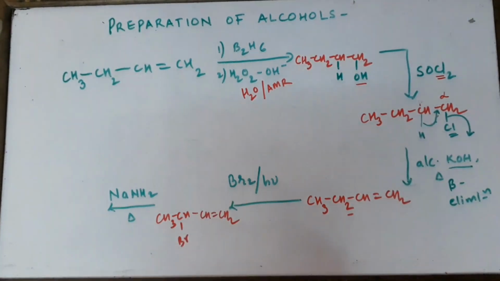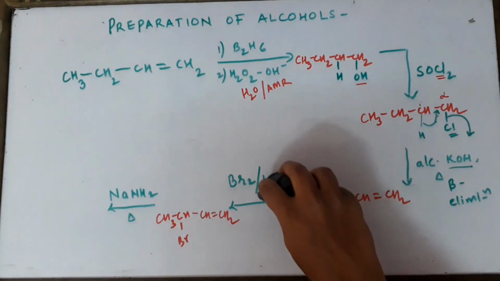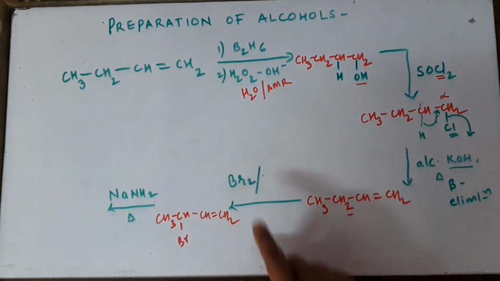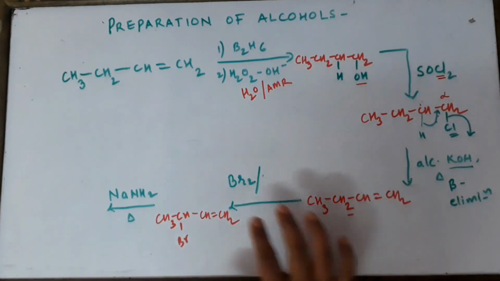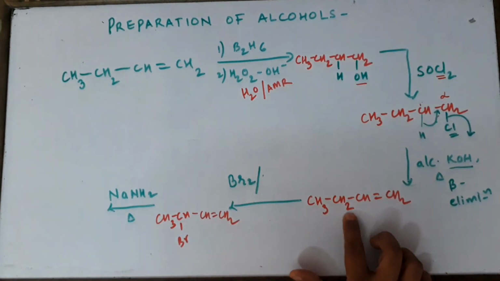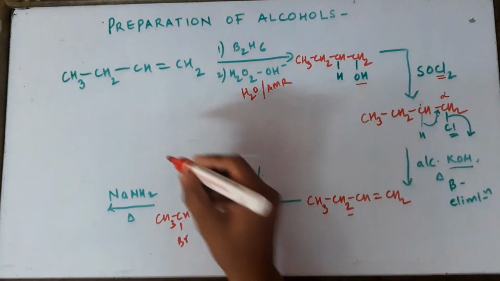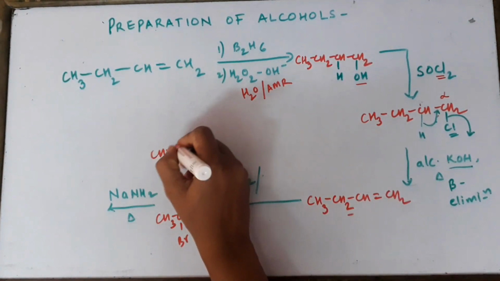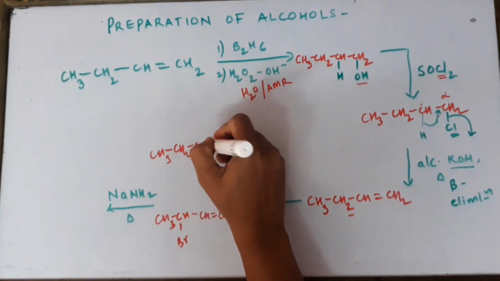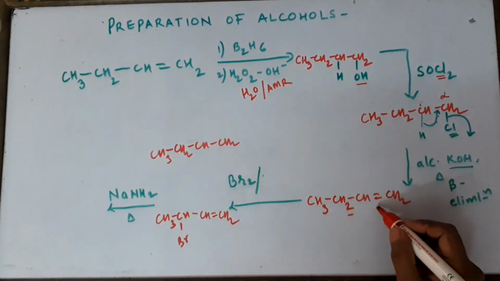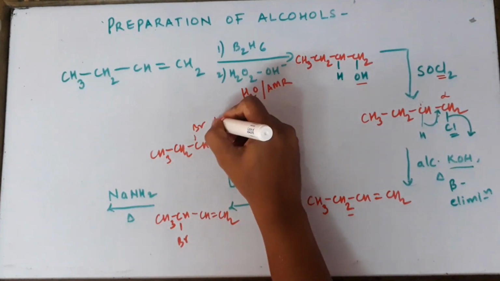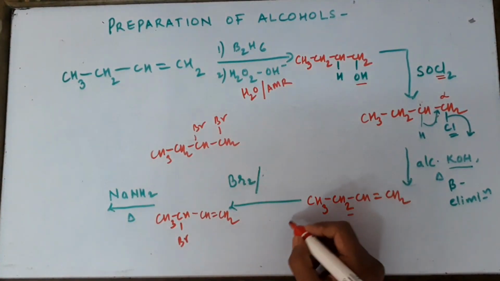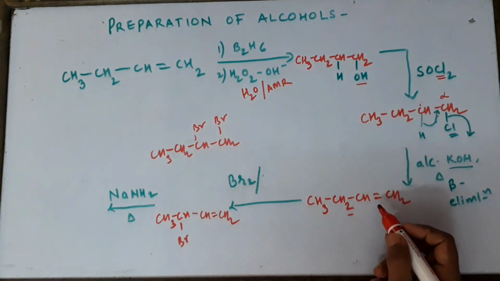Alright, and now let's change this reactant. Also remember if this was without any light, then you will just do bromination. And what product will we get in bromination is CH3, CH2, CH, single bond CH2, and this double bond will vanish and the bromine will attach at both the carbon atoms. So you will get 1,2-dibromobutane, and it is going to be the distinguishing test for alkenes, the bromine water test.